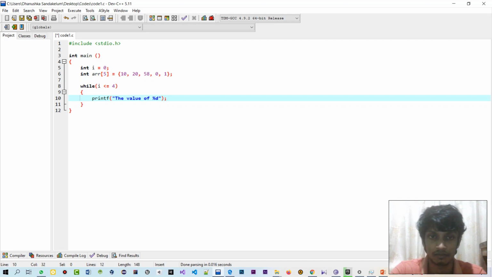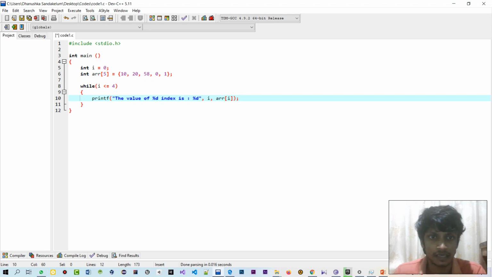Just focus on what I'm writing. The value of %d index is: again %d. This %d is something we use to initialize a particular variable. So first I want to add the i and then arr[i].